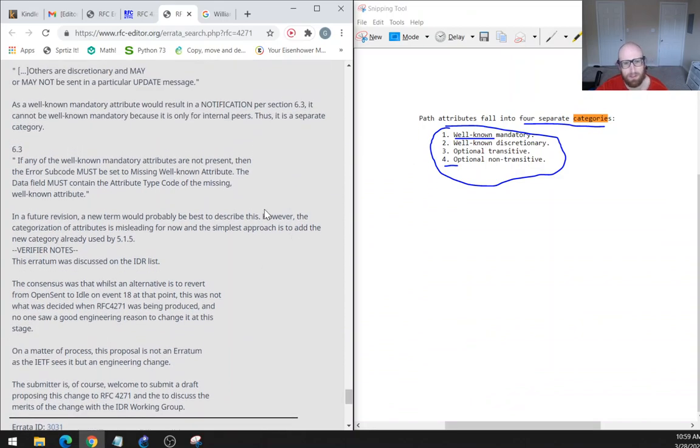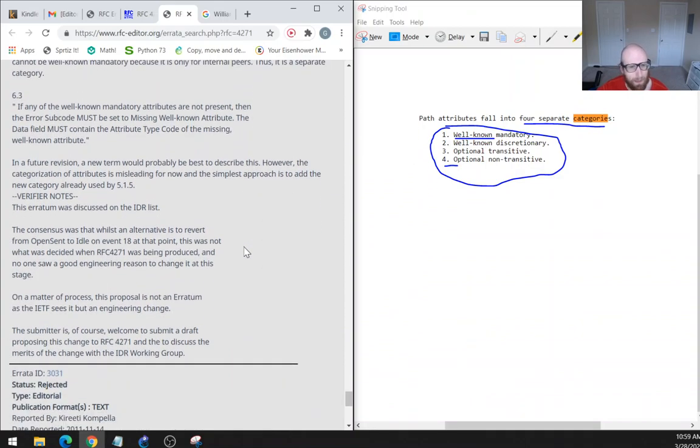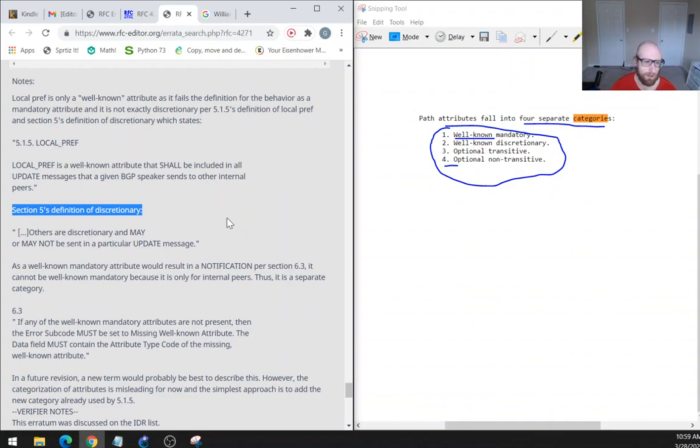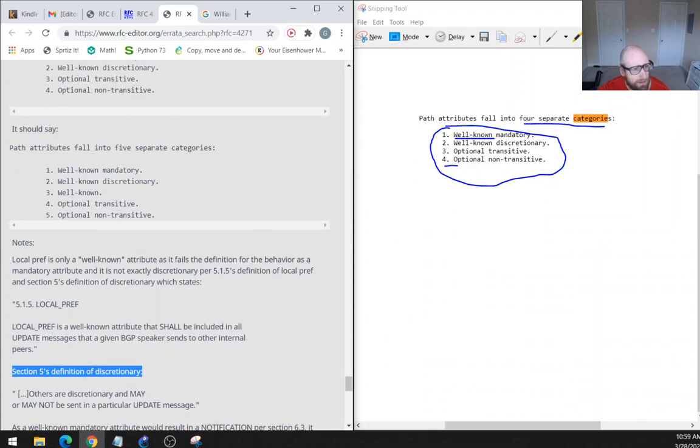So you can see here, this is kind of shocking. This is a widely used protocol that every vendor is required to include when they run BGP. Every vendor is required to have the local preference included in that, because we know it's a well-known attribute. We don't know whether it's mandatory or discretionary from the RFC, but we know it's well known. So they're requiring every network vendor to include this. But when a very, very